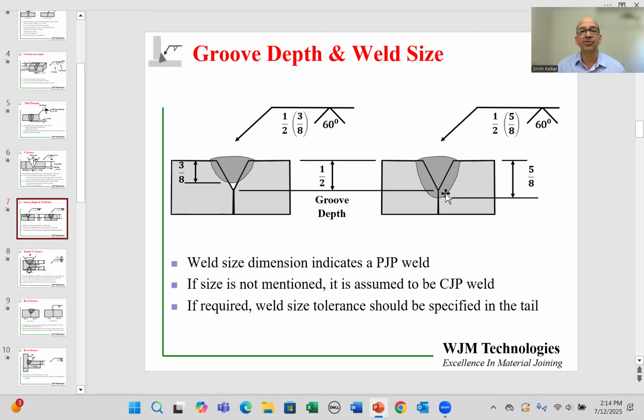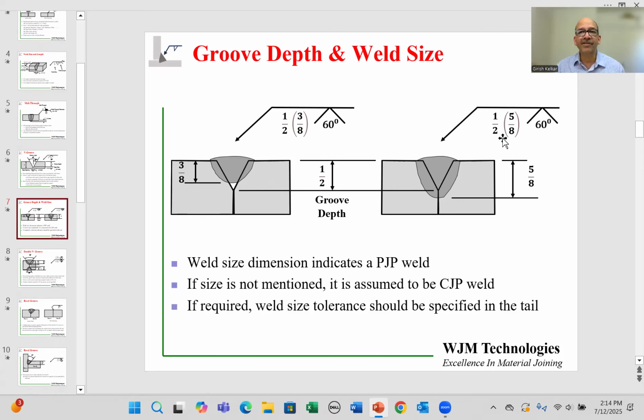So that is a choice for the design engineer. You don't have to go through the entire depth of the V groove. That is shown by closed curved brackets to the right of the V groove depth. So in this welding symbol, we're going to see the number 1/2. 1/2 is the groove depth, and 3/8 is actually the weld size, how deep the weld is going to be. 60 degrees is the included angle, and the gap is 0. And the same on the other side: 1/2 inch groove depth and 5/8 inch weld size. So the weld is deeper than the depth of the groove.